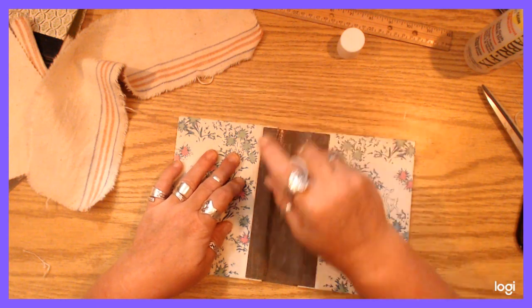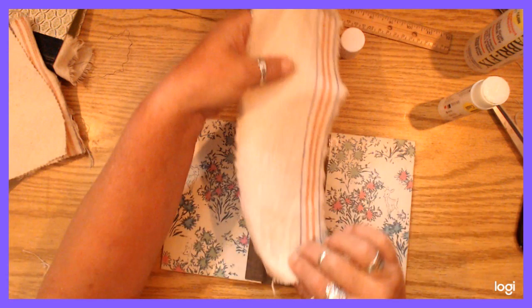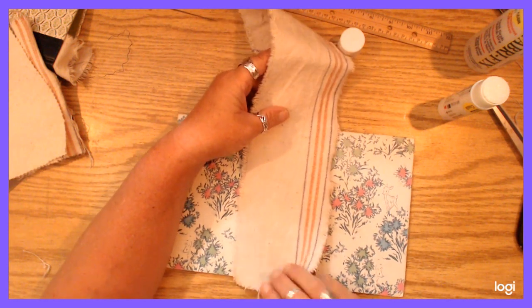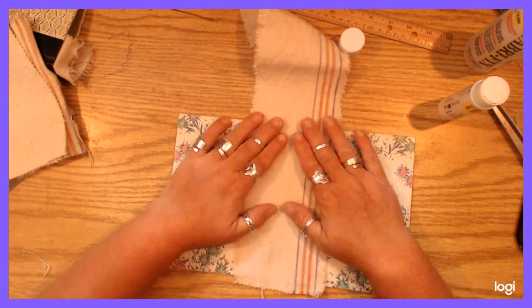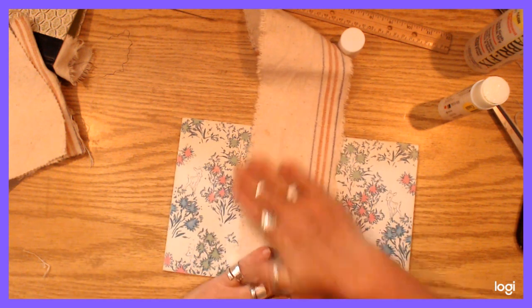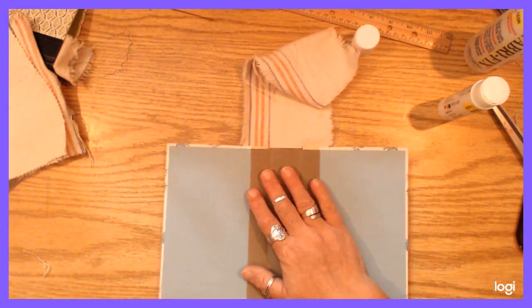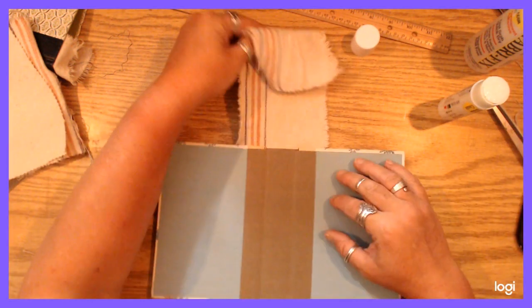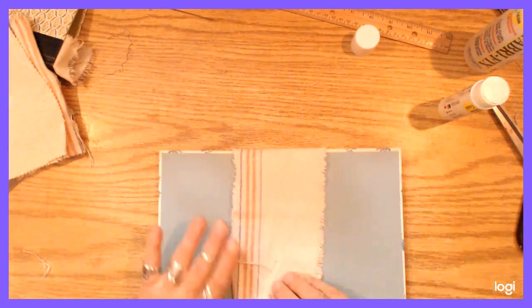You could use other glue too. I mean, you could totally use Aleene's tacky glue or something like that. It's just what I like to use. And it's so neat. It just doesn't make a mess. That's one thing I like about using a glue stick. Okay, and then